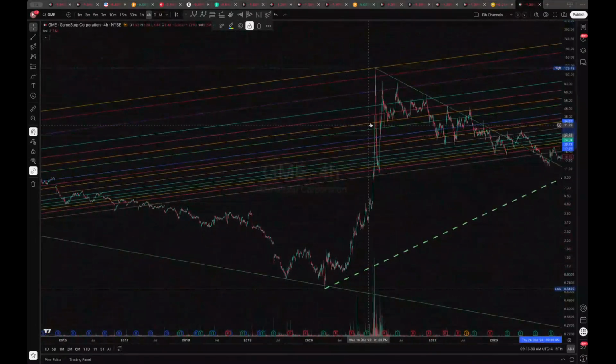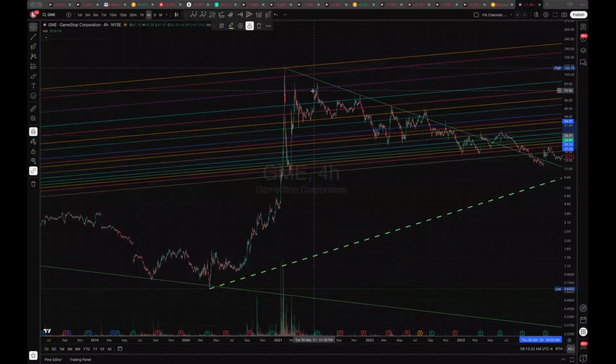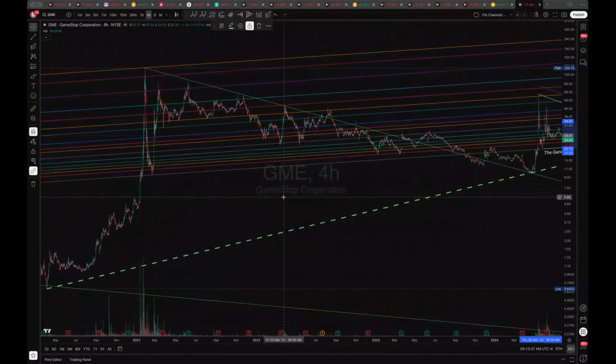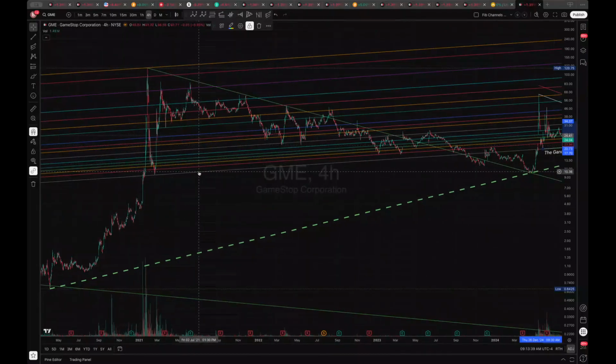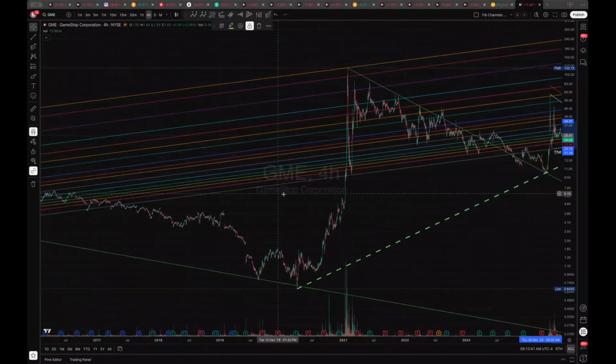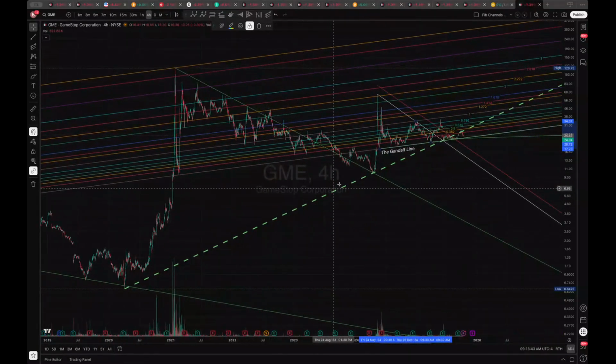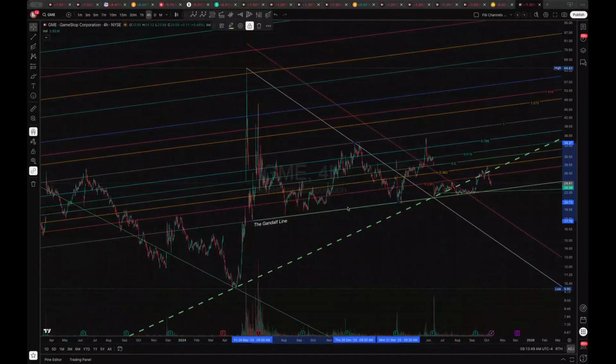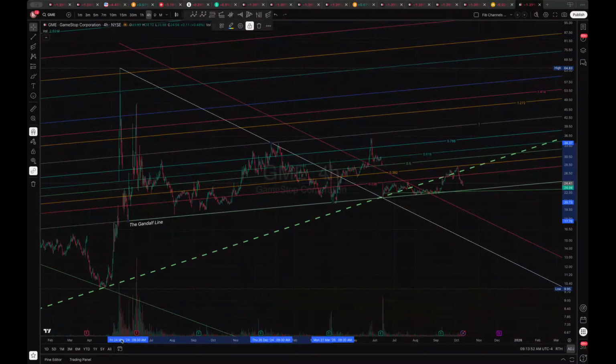Intersected with the all-time high in 2021. And that is the magic of Fib channels. And I drew that based on price action from a section of price just from May of 2024 to March 2025,